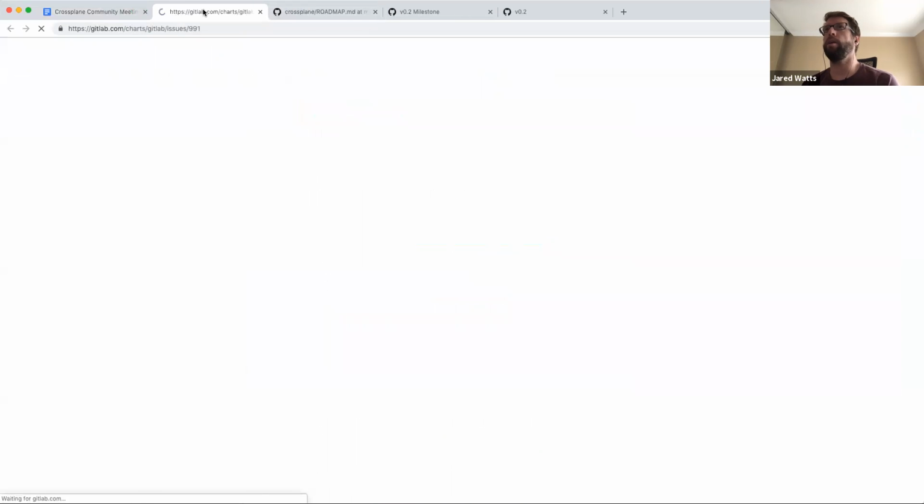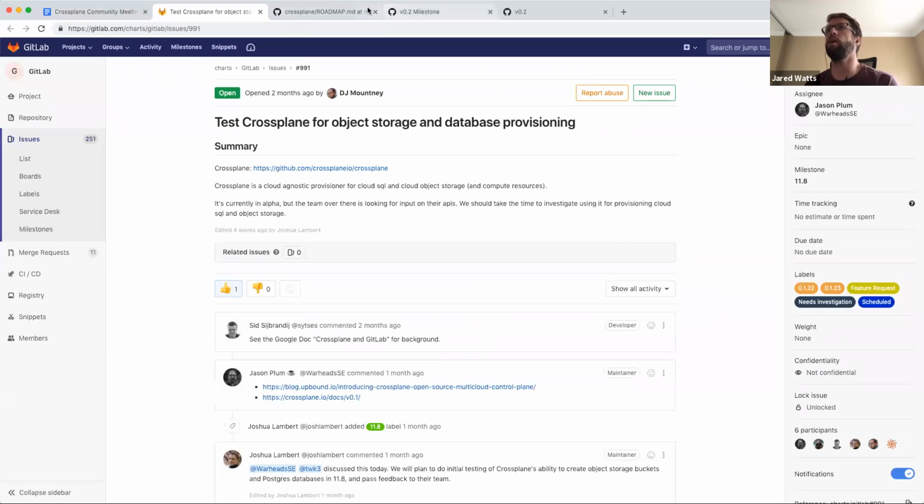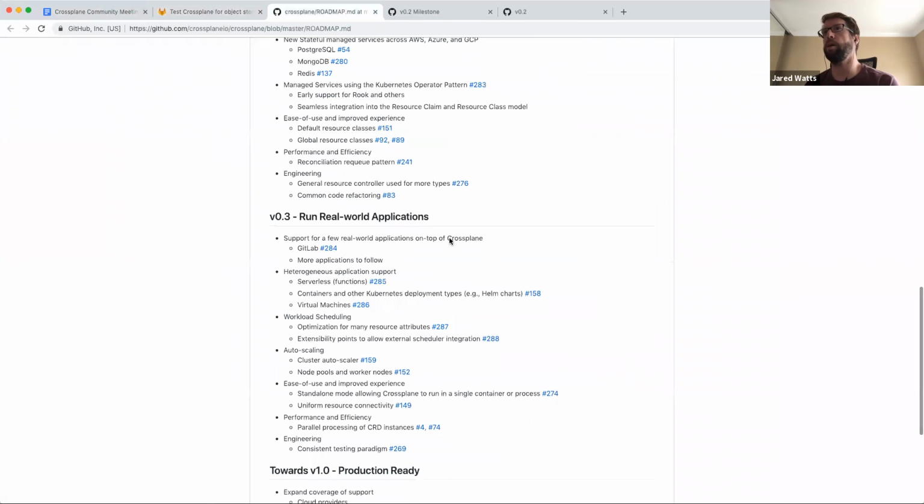So the big feature focus on 0.3 milestone is the ability for Crossplane to run real world applications. And the big one that we're partnering on and will have the ability to demonstrate a fairly complicated application running in a portable way, a portable workload across multiple cloud providers, is GitLab that we've been talking about and excited about.